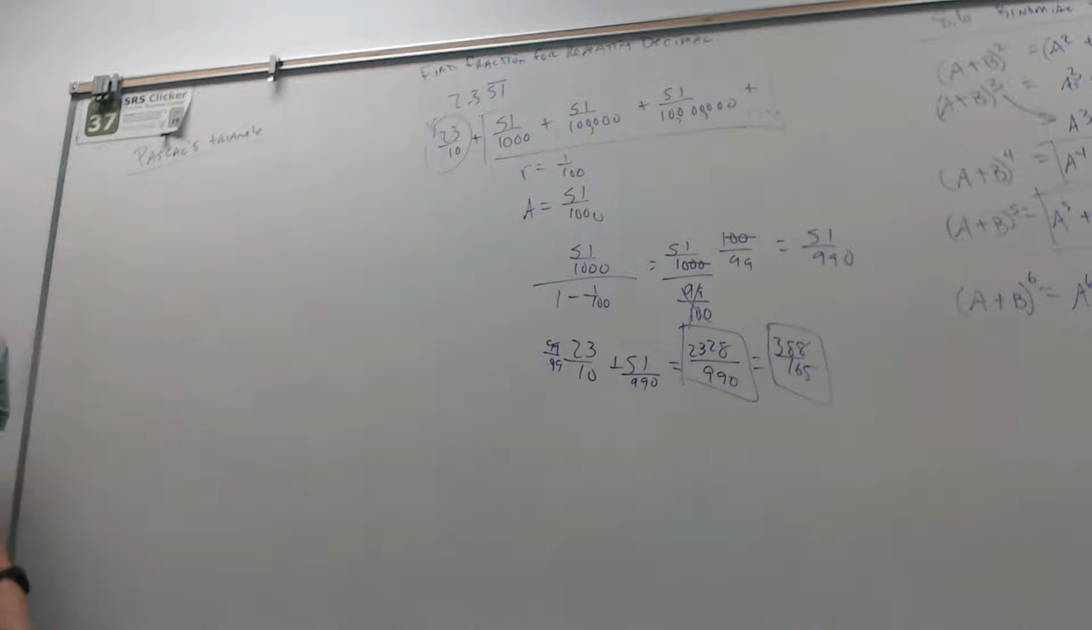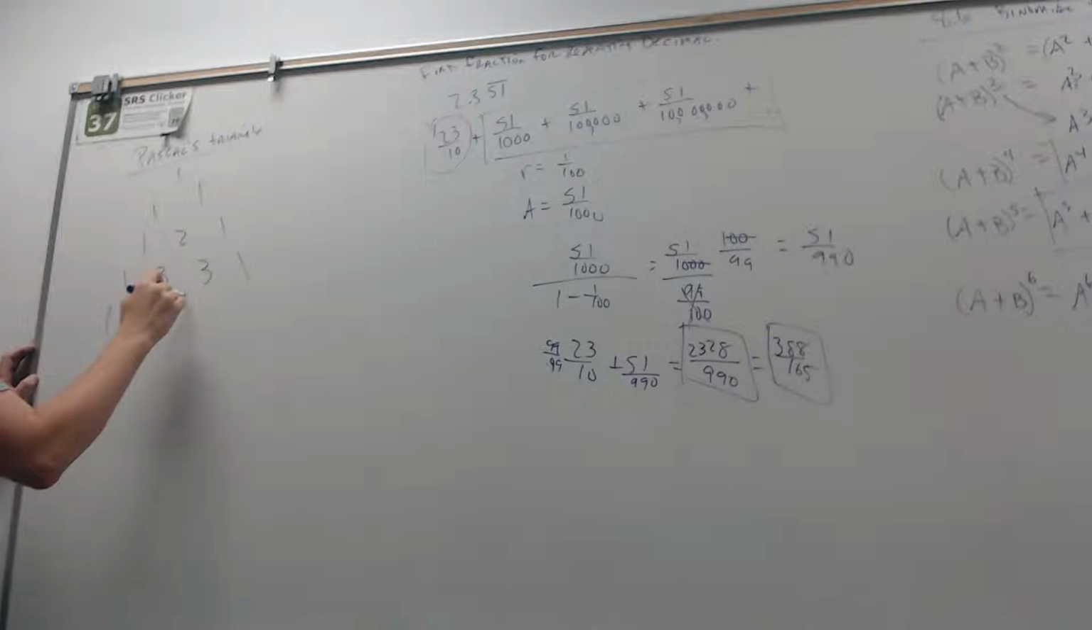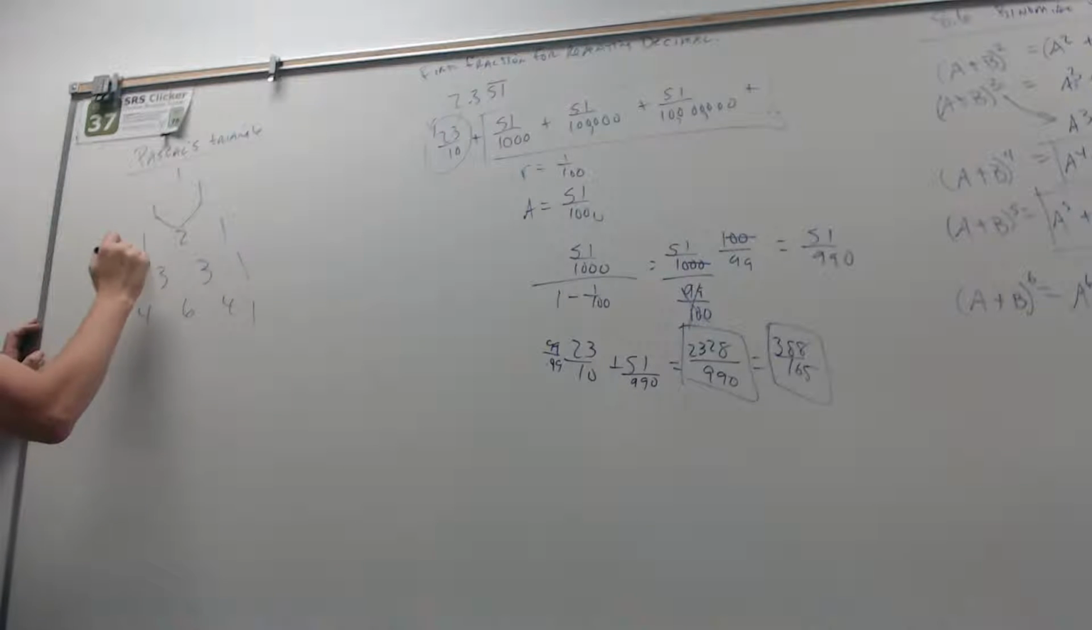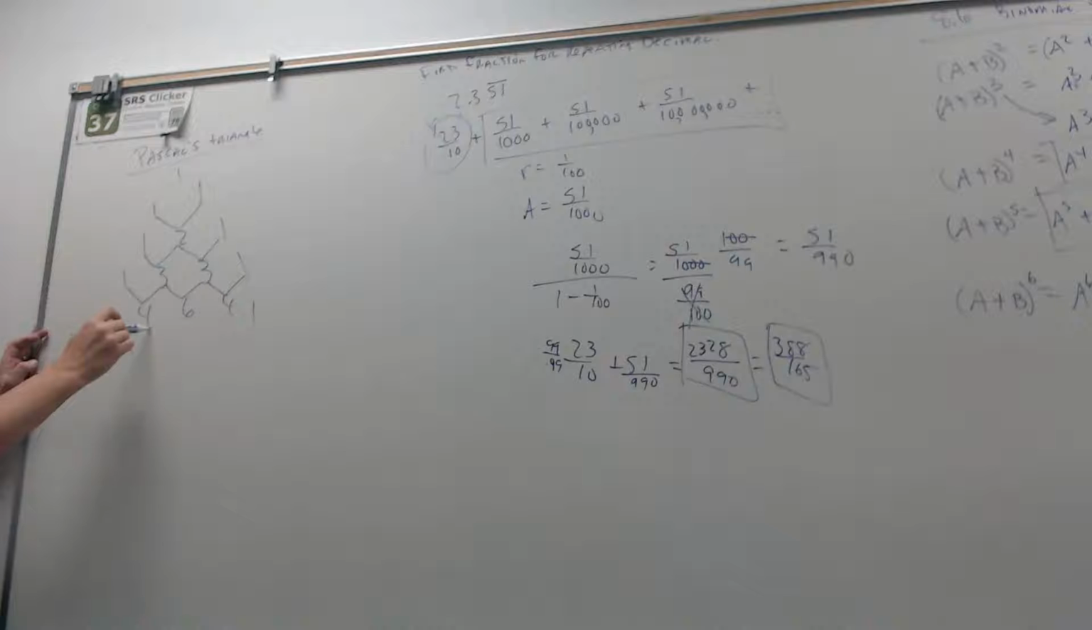So Blaise Pascal figured this out, and here's how it works. 1, 1, 1, 1, 2, 1, 1, 3, 3, 1, 1, 4, 6, 4, 1. The idea with Pascal's triangle is you take two numbers and add them. 1 plus 2 is 3, 2 plus 1 is 3, 1 plus 3 is 4, 3 plus 3 is 6, 1 is 4. Okay? So now the next line will be 1. We're going to add these two together to get 5,